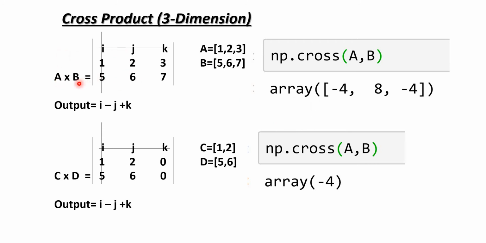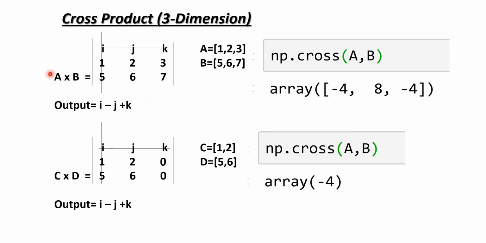We can see here that we have one matrix, that is A cross B, and this is a determinant. Two videos ago I explained the determinant and how it works. Now you can see that we have three dimensions: I is the first dimension, J the second dimension, K the third dimension. Right, now we'll focus on this first, then we'll go to the second one.